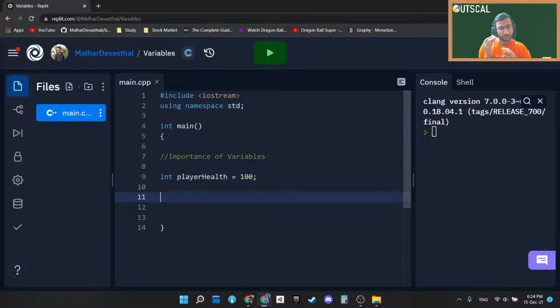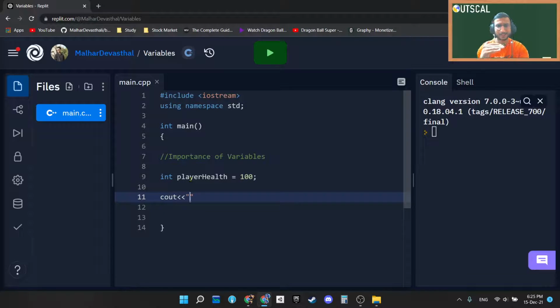For example, a UI might be accessing this player health value to display it, or an enemy might be checking this player health value to attack or to defend, depending upon the player health, as well as a user might be seeing it. On the other hand, depending upon the player health, some abilities of the player might change. So in short, this player health is a variable that can be used by many other places.